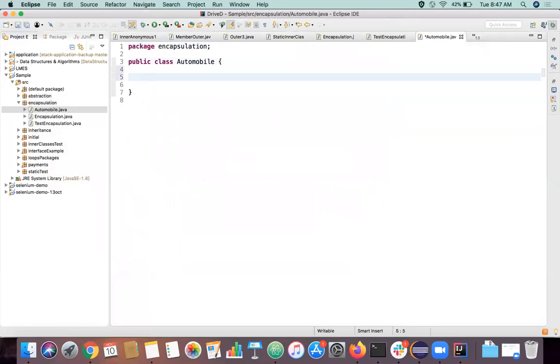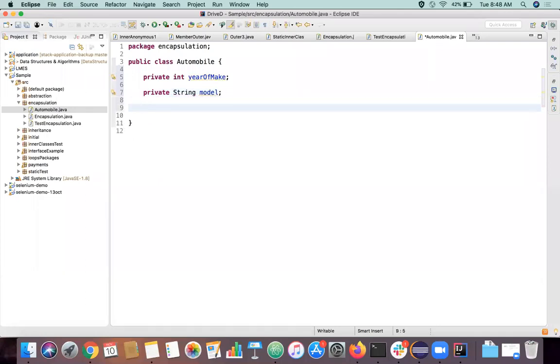Let's create a private make, sorry, and let's say private String model, private String chassis number, and let's say one more private boolean.